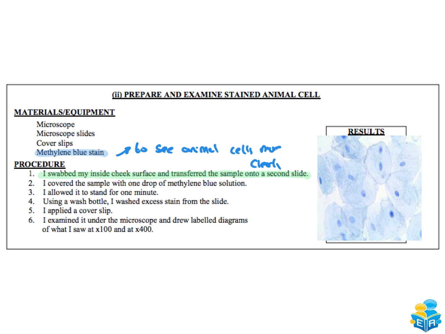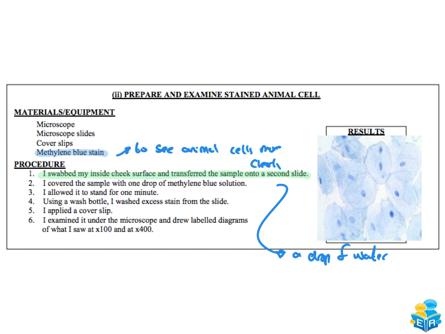So just before that, one extra point you could put in there, you normally would have put a drop of water onto the slide first, because that's going to make sure that, first of all, the animal cells don't dry out and don't shrivel up, and it actually will make them swell up that little bit more on the slide as well to help make sure that you see them. It'll make them that little bit more visible. So once you've put the drop of water on your slide, you swab the inside of your cheek. You've then rubbed that cotton bud onto the water, and your sample or your cells will have moved over onto